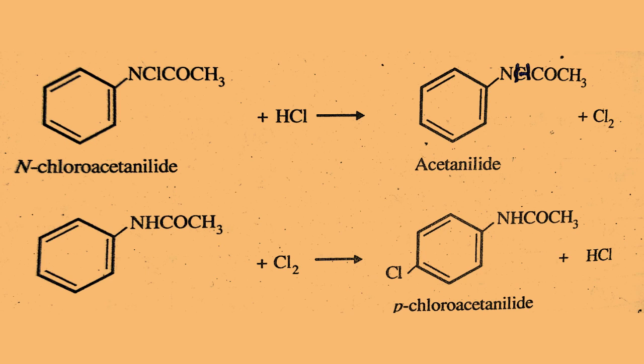For example, a rearrangement of N-chloroacetanilide to para-chloroacetanilide. First, N-chloroacetanilide is allowed to react with HCl. It gives us acetanilide. Elimination of chlorine molecule takes place in this case. Then this acetanilide and chlorine further react with each other to give para-chloroacetanilide. In this case, concentration of HCl remains the same at the end of reaction. Although two reactants are involved, rate of reaction depends upon the change in concentration of only one of the reactants. So such reaction we call pseudo first order reaction.